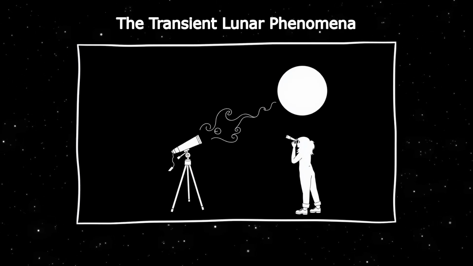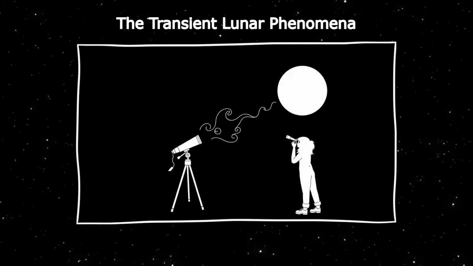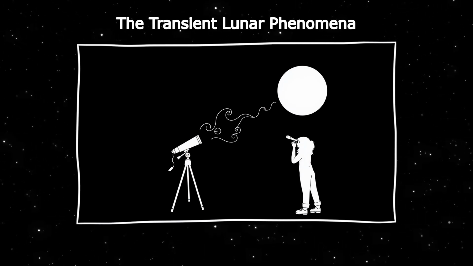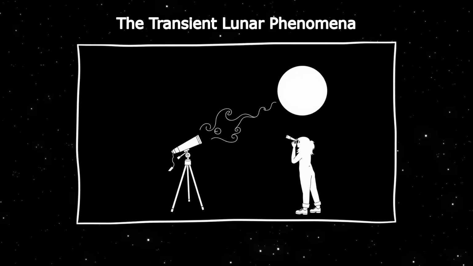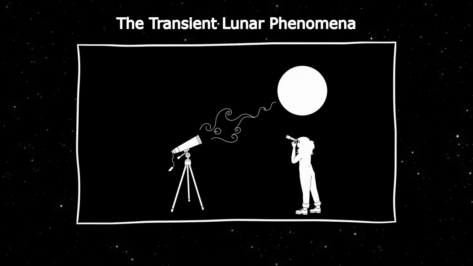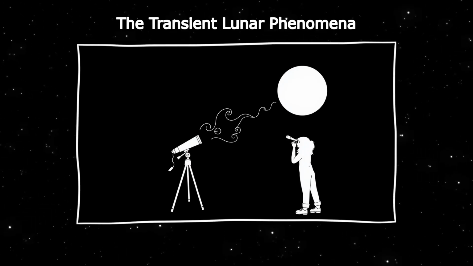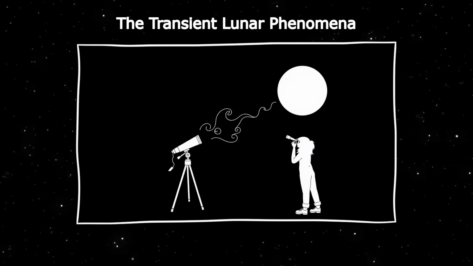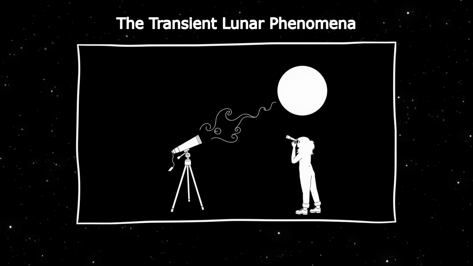The moon, our closest celestial neighbor, has long fascinated humankind. As we gaze upon its glowing surface, we observe its craters, seas, and the ever-changing dance of shadows. Among these wonders lies a lesser-known phenomenon that stirs both curiosity and intrigue: transient lunar phenomena, or TLP. This term refers to mysterious lights, colors, and movements observed on the lunar surface, which have captivated astronomers and enthusiasts